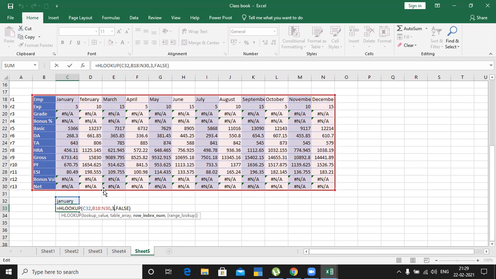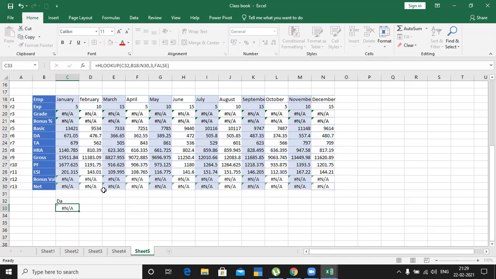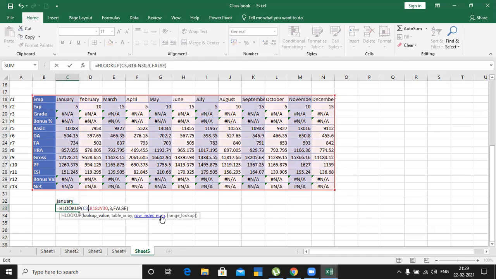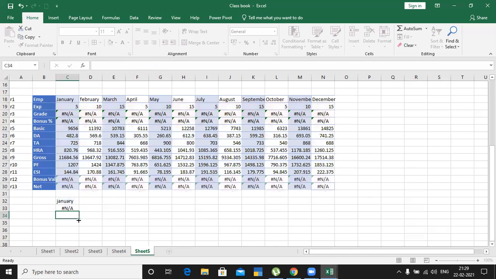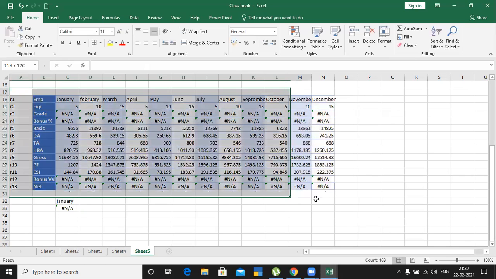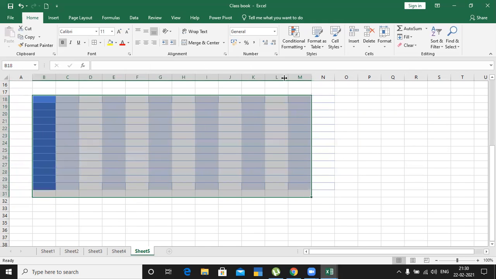Now I will change this data area. No, it's not working. I have to enter something like in D. Close the bracket. I will take this one. Press enter. Okay, it's not working. We'll take new data, then we have to do it. So select this and we'll remove it.